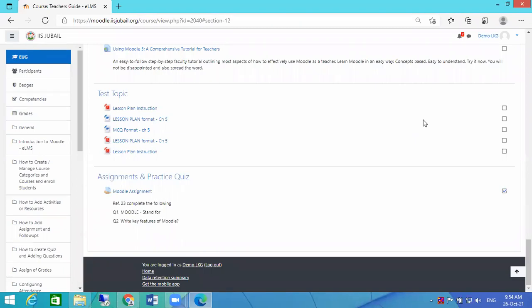Mulafar Madam, Smita Madam, and Nair Madam, we discussed yesterday the sharing of the credentials of the students. All the credentials are ready. The admission number will be the login ID for all the students, and I have shared the password also. Login is the admission number.